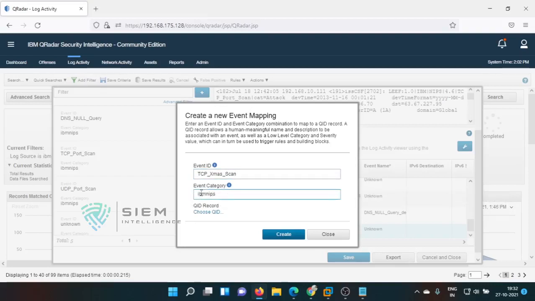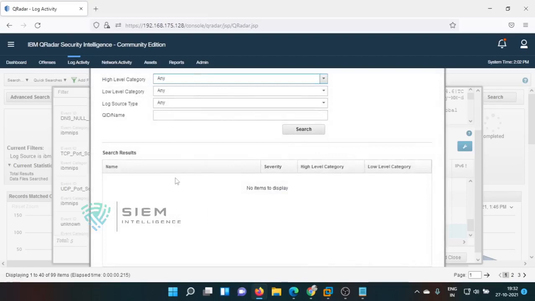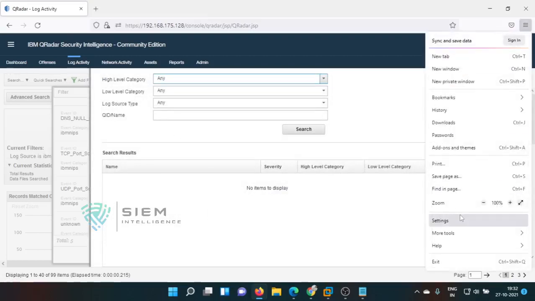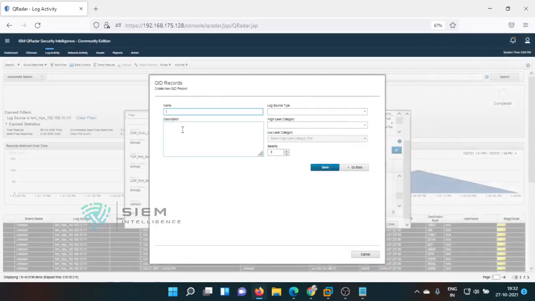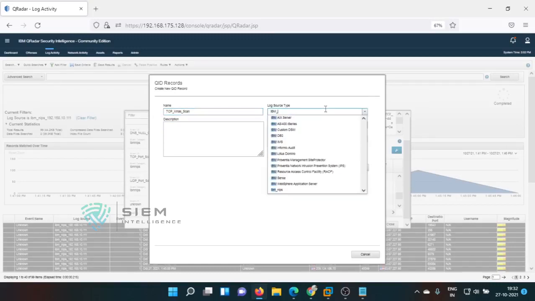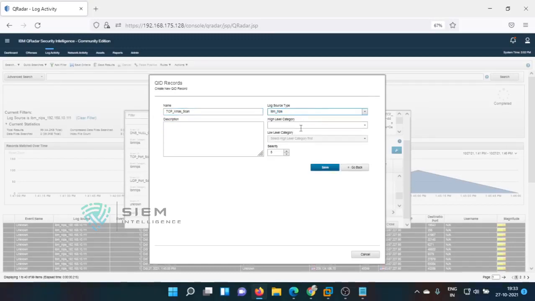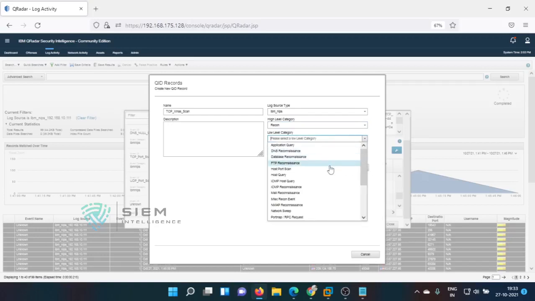IBM NIPS, choose QID. See, it is IBM underscore NIPS, the log source category, and it is recon, and it is a TCP Xmas, that is you can go for host port scan.